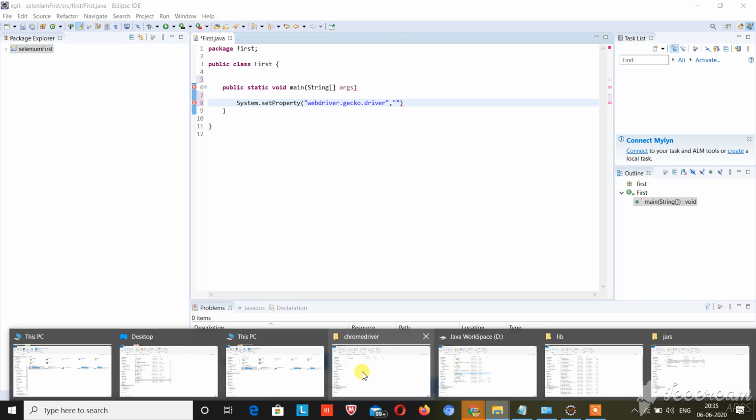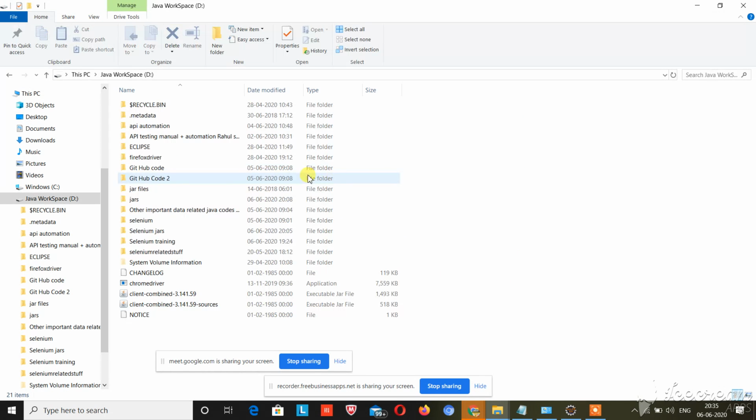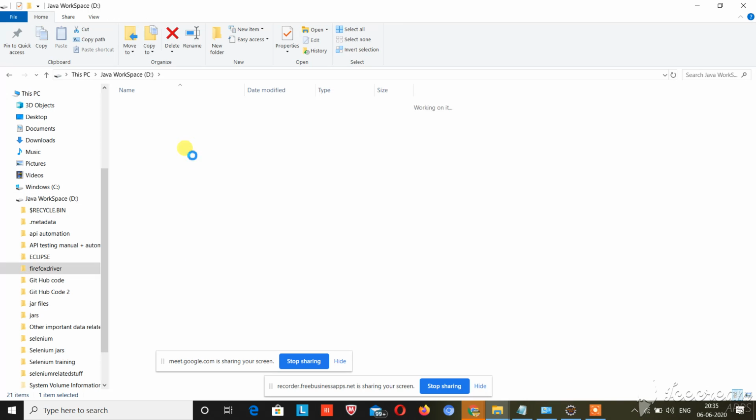I'll be copying the path. Where is my Firefox driver?